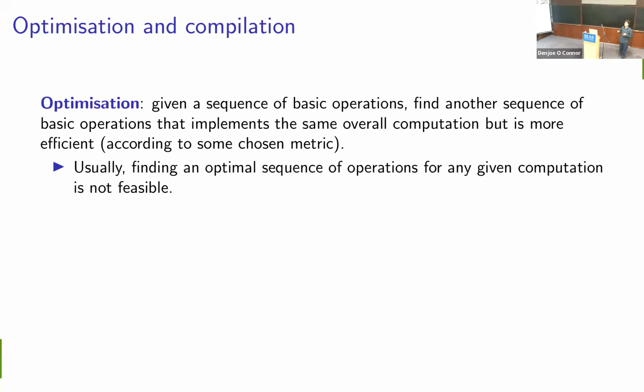So program here, I'm thinking of quite abstractly. It could be any sequence of basic operations for our computational model, or it could also be something higher level, like actual programming code in Python or whatever. And again, there are obviously different ways of saying what's more efficient. We could think about the number of lines of code. We could think about the number of operations that it's going to do. We could think about different operations having different costs associated with them, and therefore there are some operations that we want to minimize, even at the cost of potentially introducing more of others. So that's what we do in optimization.